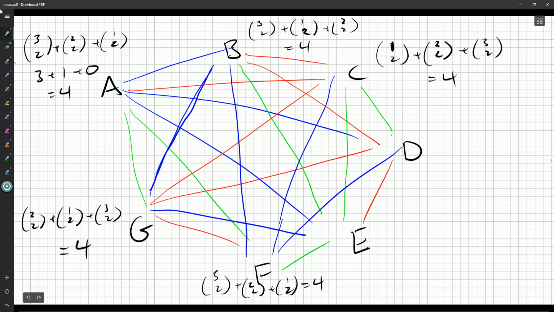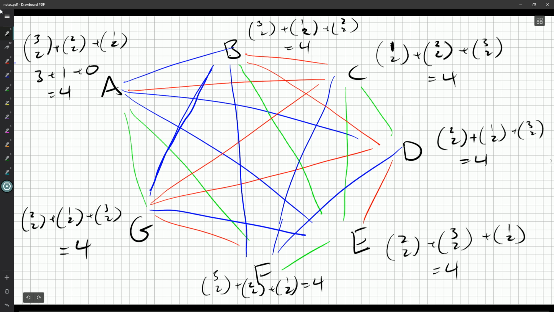It looks like we're going to lose 28 of them, and so maybe 7 is the most we could ever have. At D, I see 2 blue, 1 green, and 3 red, and so I lose another 4. And at E, I see 2 blue, 3 green, and 1 red, so I lose another 4. So this one has to have 7 diverse triples. Now, let's see if we can actually find those, just to make sure we absolutely understand and that our theory is correct and that there are 7 of them.